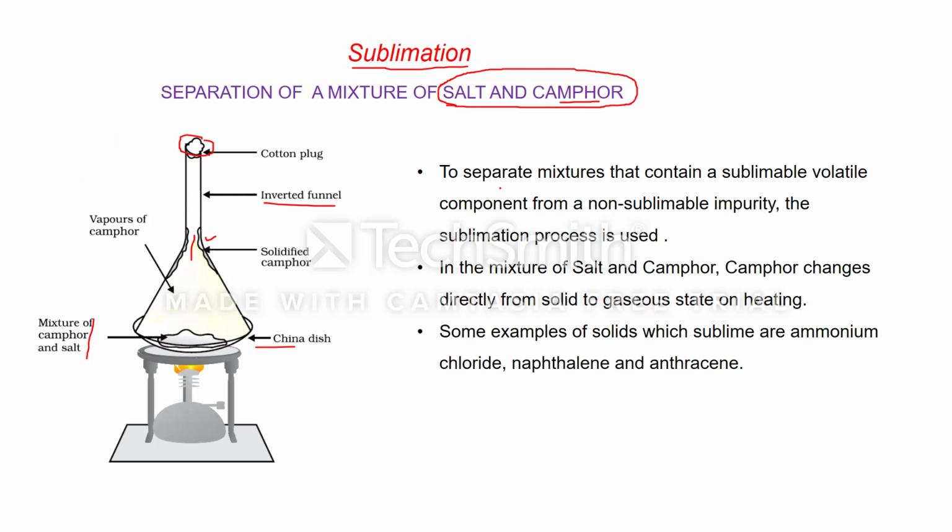Now just see, to separate mixtures that contain a sublimable volatile component from a non-sublimable impurity, the sublimation process is used. In the mixture of salt and camphor, camphor changes directly from solid to gaseous state on heating. Some examples of sublimable substances are ammonium chloride. You have to remember these names: ammonium chloride, naphthalene, and anthracene. Next technique is